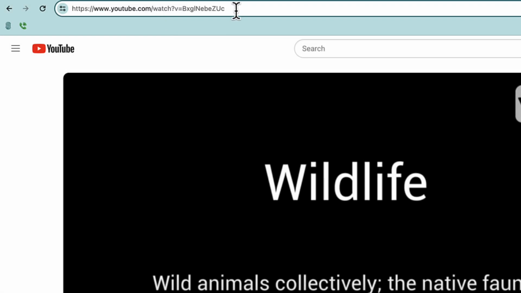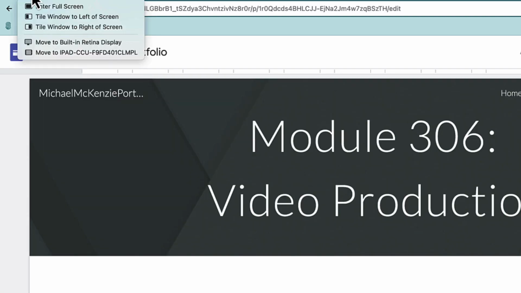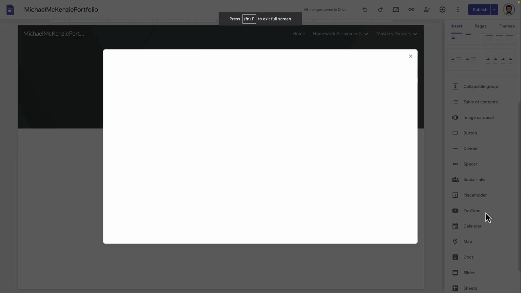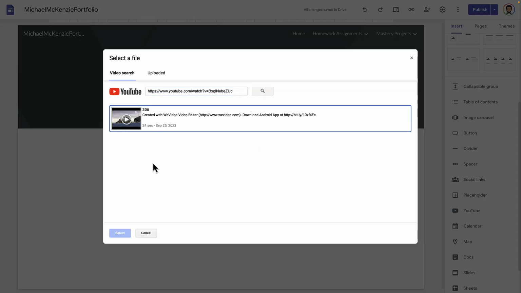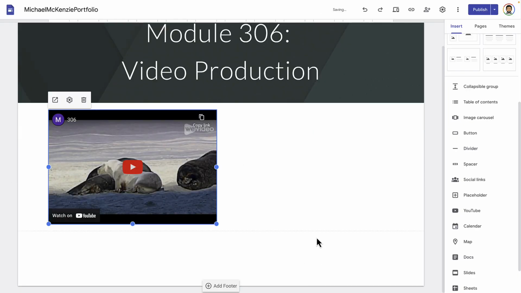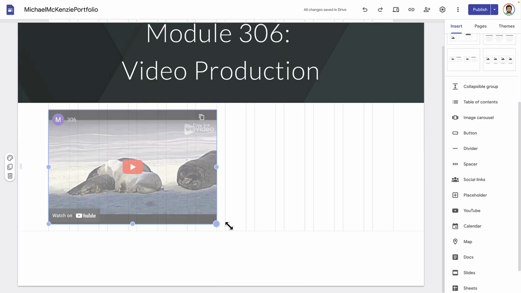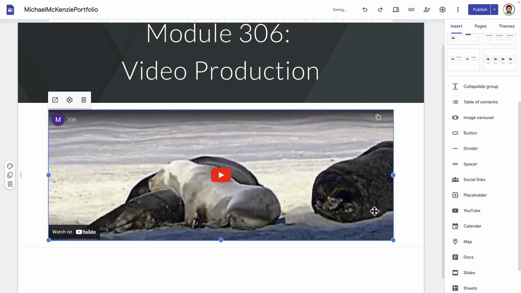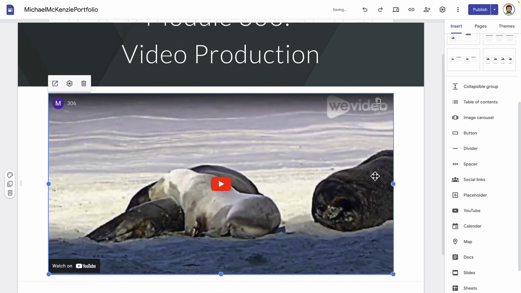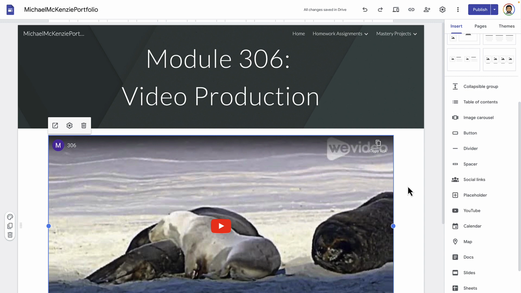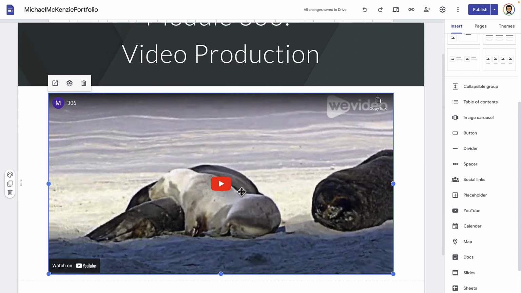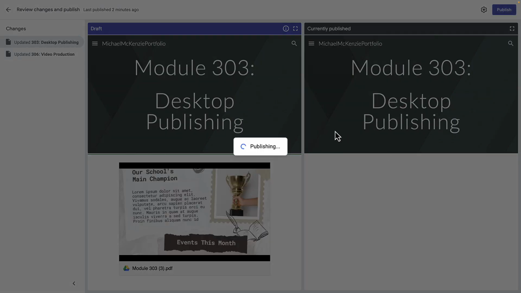So when I'm in YouTube, looking at my video, I'm just going to take the URL from the top and copy it, and then I'll paste it in that bar for the YouTube video. So once we paste it, click search, it'll find our video, and then we can select. Once again, pull the sides out to make it fit the screen. So you'll do similar to 306 for Module 308, Unit 1 Mastery, Unit 2 Mastery, and Unit 6 Mastery. You'll notice that the video doesn't play from this screen. If you want it to play, you can once again hit Publish